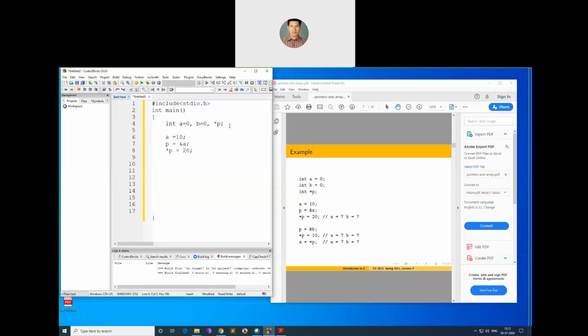Now I will print: printf, new line, values of a equal to percentage d and b equal to percentage d. I'll print a comma b, then semicolon. Copy this line, I will print here also. Initially I will use 2 new lines, it will look proper.